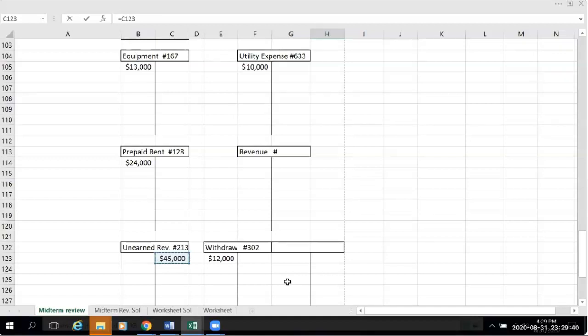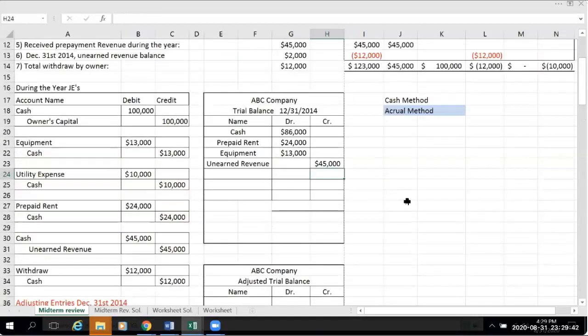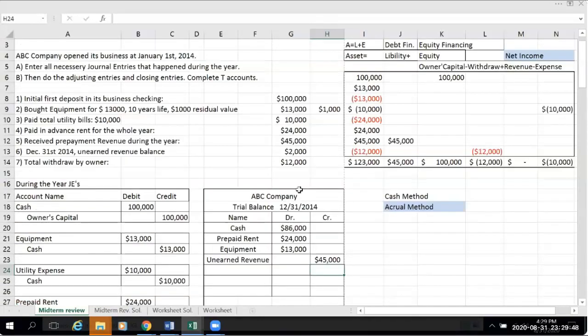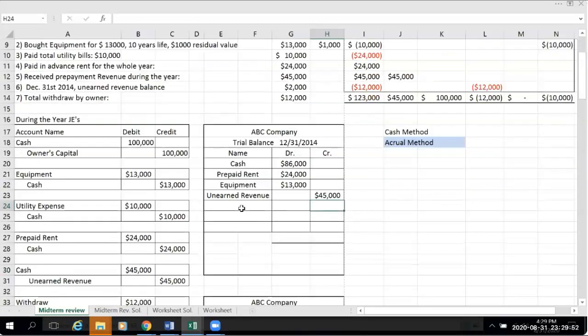Cool. There you go. Any more liabilities? Any more liabilities? No. Okay, after liabilities is what? Capital. So owner's capital,